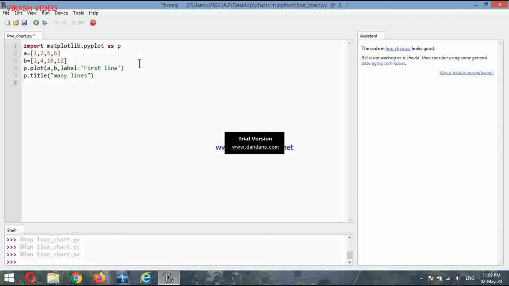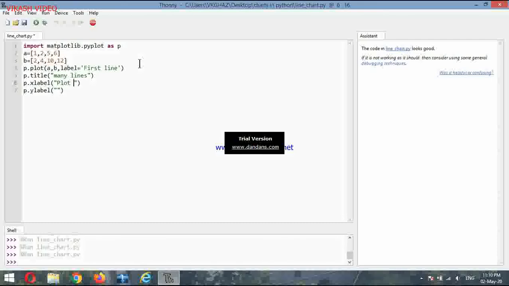Right now I am writing plot alpha value, and in y label I am writing plot alpha multiply by 2 values. So that will be displayed in x axis and y axis. Title already I have given many lines,